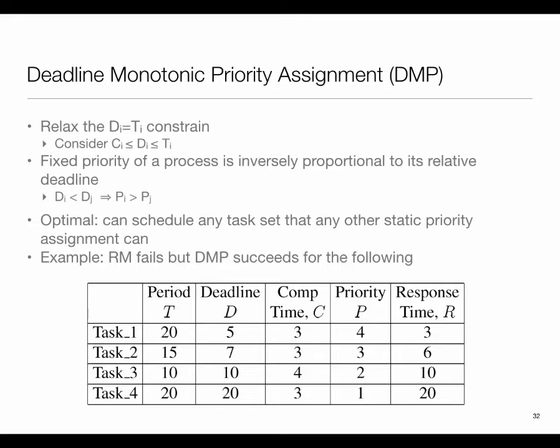Now, some operating systems may provide a service with the checks that we were describing. In most cases, though, that's not the situation. What they expect you to do is to figure out offline that your task set is good, that is, your priorities are good, and then you assign those and don't mess with them. Almost all OSs are like that, but there are some with an API where you can say to the OS, this is my T sub i, this is my C sub i, this is my D sub i, and the OS will say, okay, we accept this task or not. They are doing this kind of analysis.